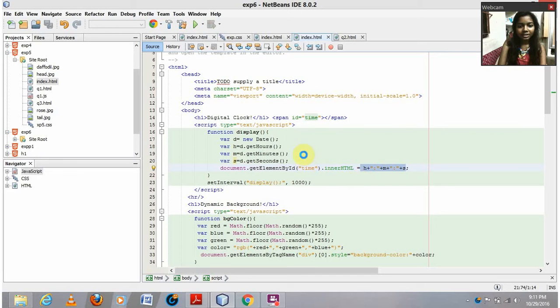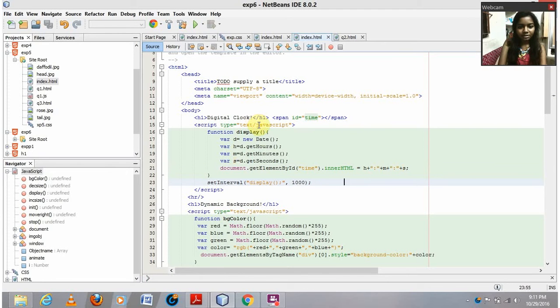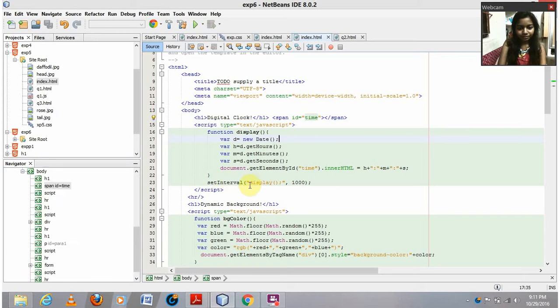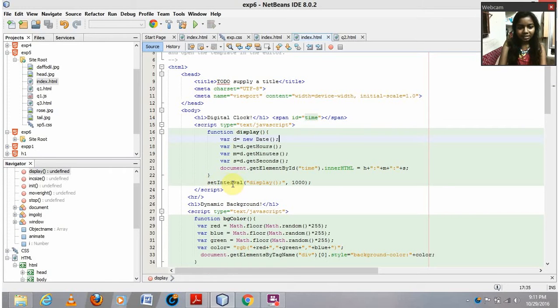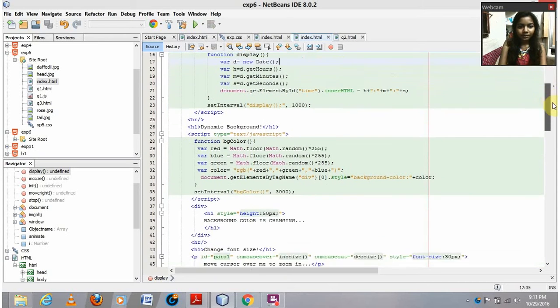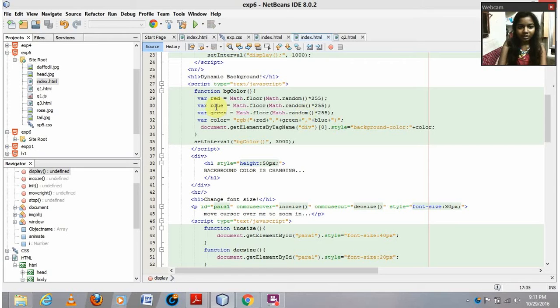Time is the ID of the span tag, where this will be shown. And I have called this function, and using setInterval I have called the display function every 1000 milliseconds. It means 1 second. And for the background colors I have given a function bgcolor, I have given 3 variables